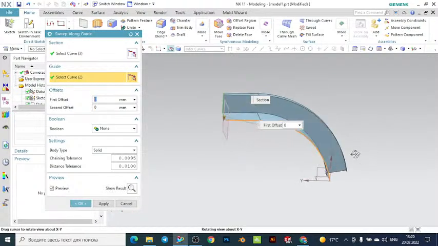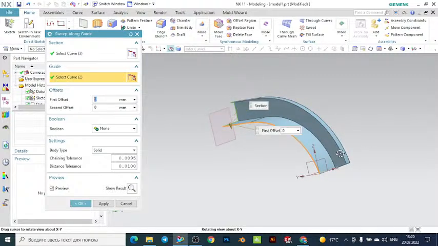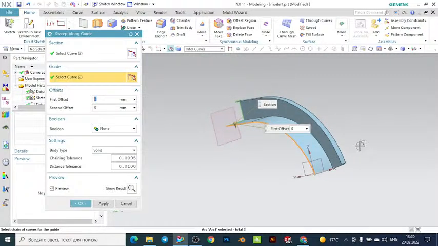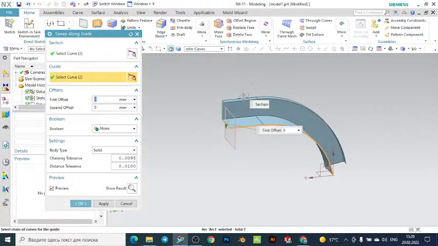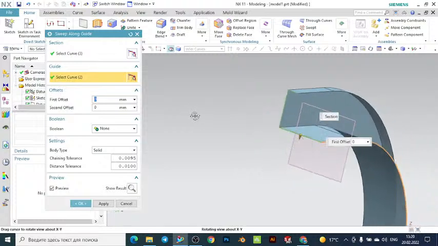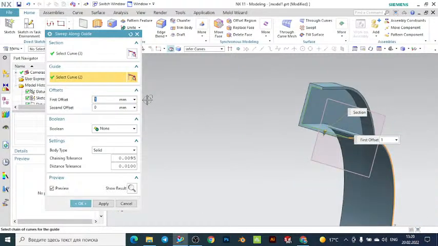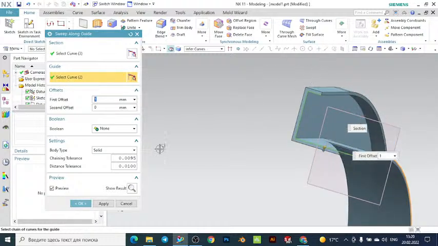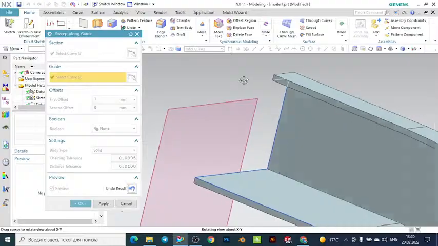So the system swept along this guide is an open system. In this case it will directly be a sheet, that is a surface element, since the cross section here is not closed, it was open. The same way you can put here the offset values to create the offset for this one. Let's make it on as usual. In this case it will become such a system. So let's see here, you see it will become the offset value with the